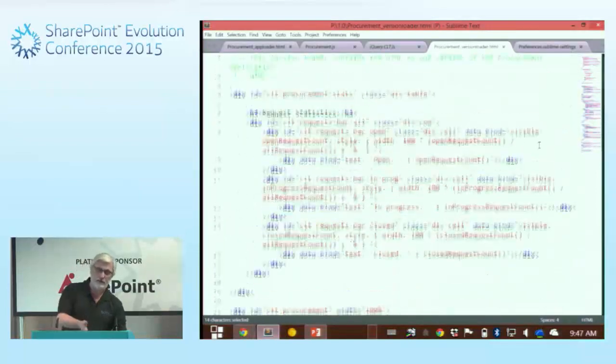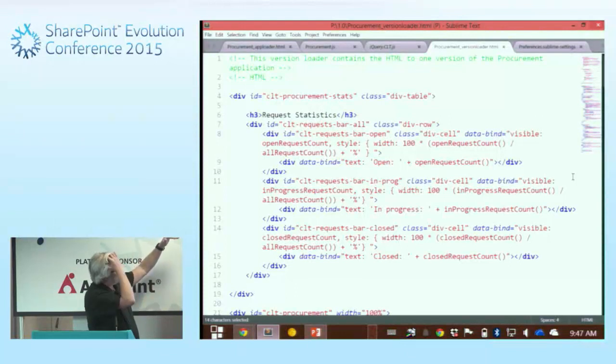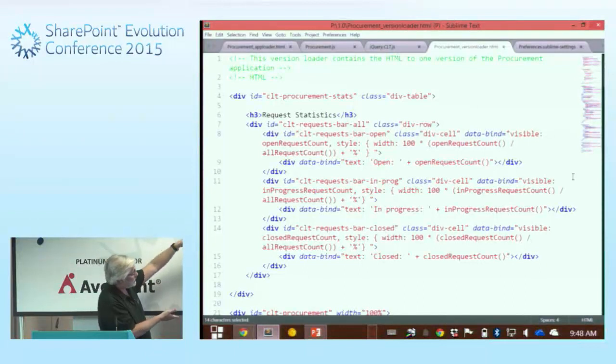So yeah, here are the templates, so I should really show you this, right? So this is the HTML that gets loaded into the page to drive all of that. So you saw the JavaScript side. This is the HTML side. So you can see it's fairly,